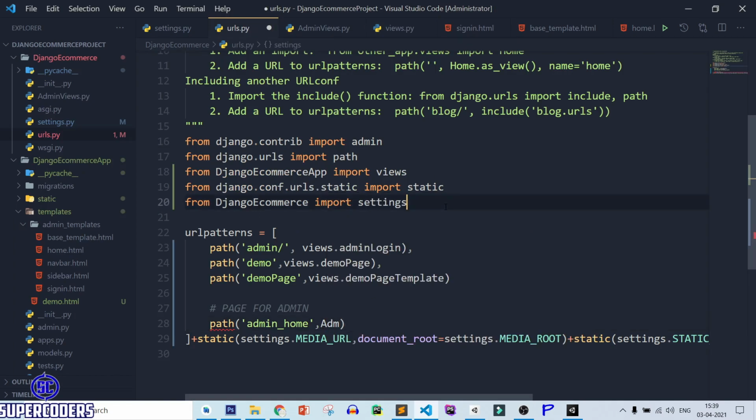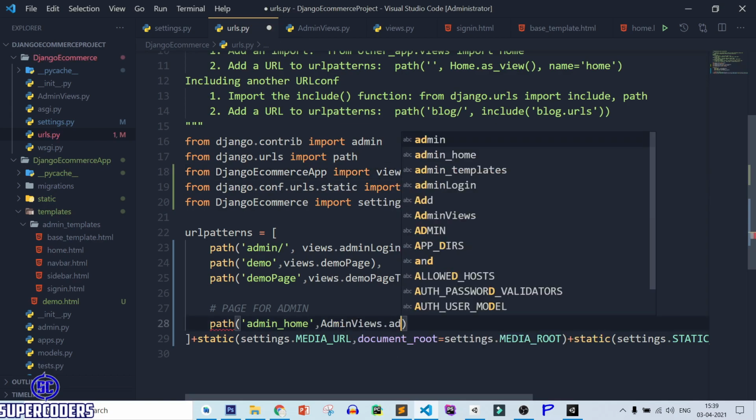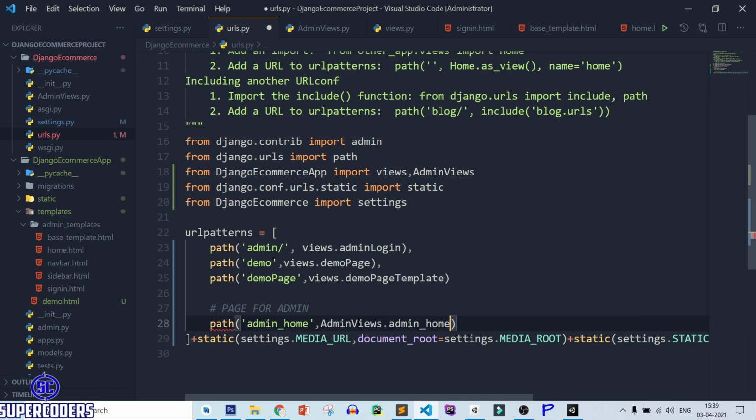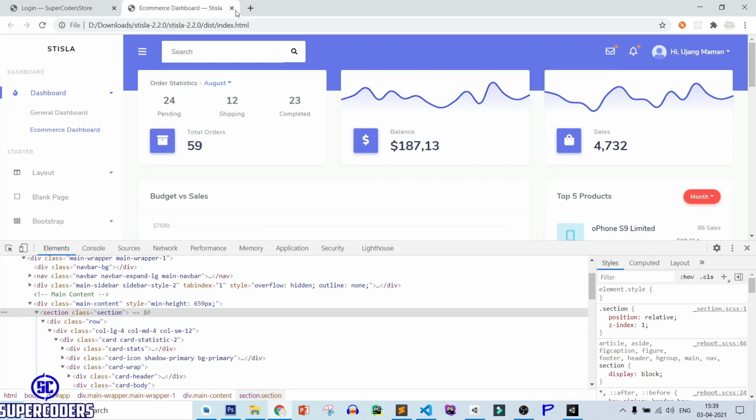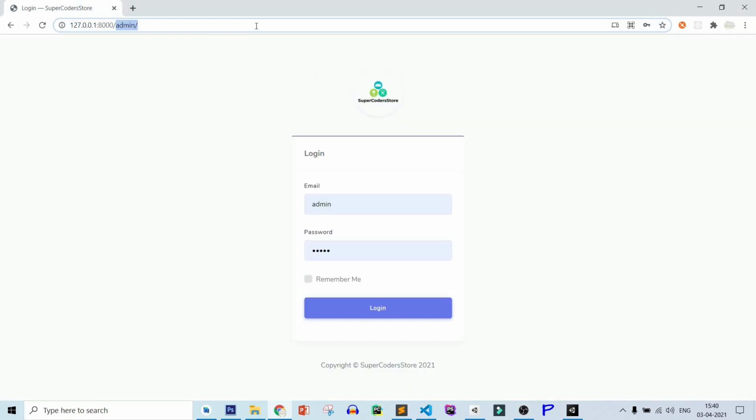Let's import admin views. So after that, views admin, save it, admin views dot admin home. Give comma here, save it. After that, let's check it's working or not. So back to Chrome, close this page, admin home,